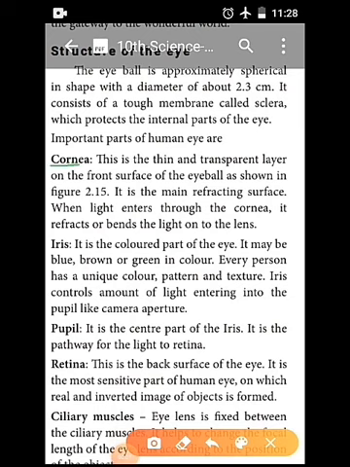See the paragraph on the cornea. It is a thin and transparent layer located in front of the surface of the eyeball, and the cornea is the main refracting surface. Then what is the function of the cornea? It refracts light to the lens. So what is refraction? When light travels from one medium to another medium.